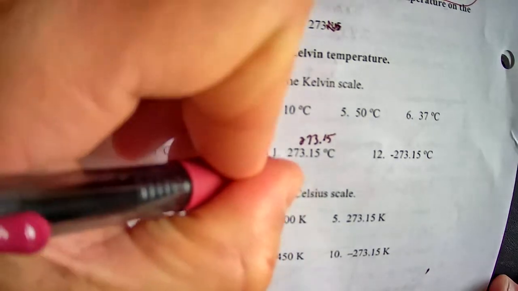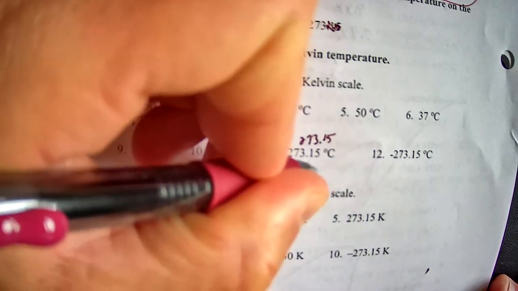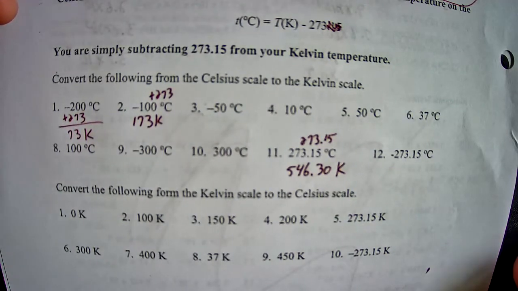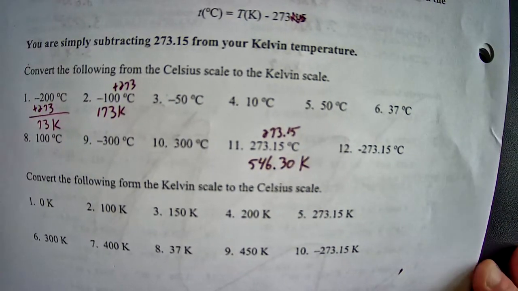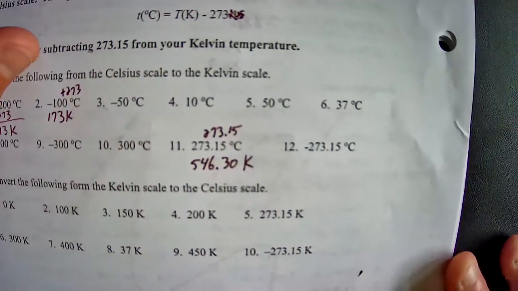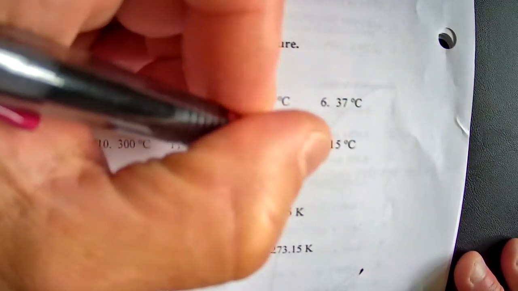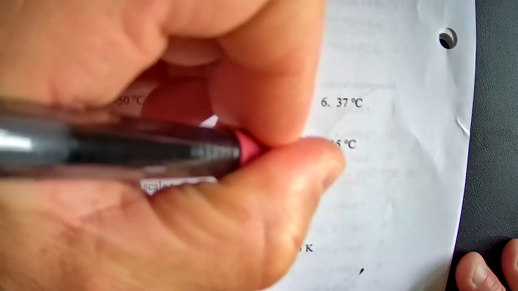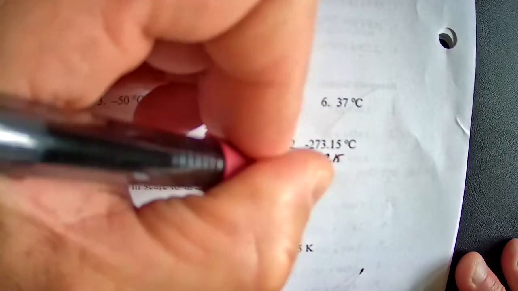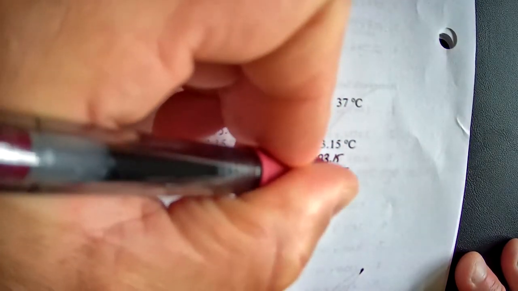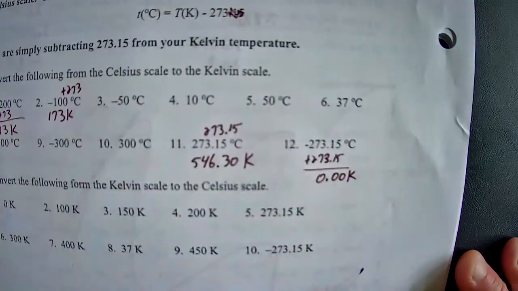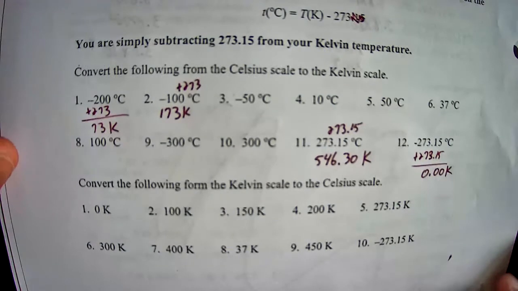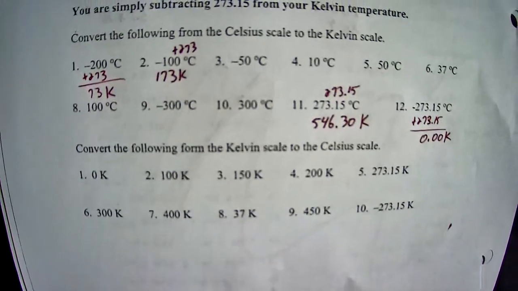So now when you get the answer for that, it's 546.30 Kelvin. All right, now number 12, negative 273.15, so we add 273.15. That gives you an answer of 0.00 Kelvin, which is a significant number, which we'll go over together at some point. All right, now the bottom of the page,